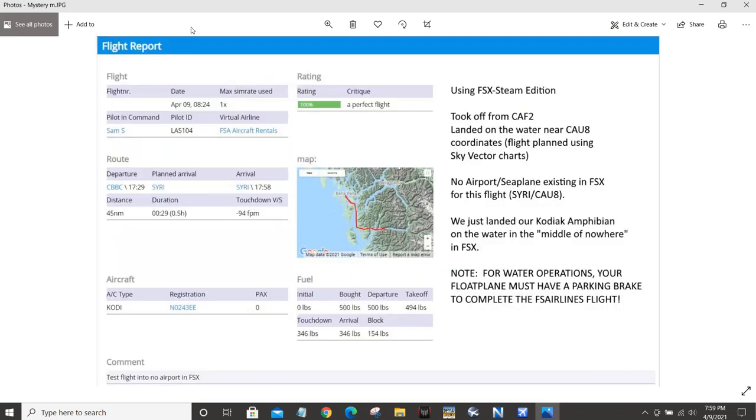So this was my flight report after I did that flight using FSX Theme Edition. You can see that it's a perfect flight. We have our route. Now, if you're wondering how to plan a route to an airport that's not in your system, just use SkyVector and figure out your route. And then in my route planner in my simulator, I just made a route from Bella Bella to Vancouver, but then I changed all my waypoints to match SkyVector. And once I got to Rivers Inlet, I didn't bother with the rest of the route